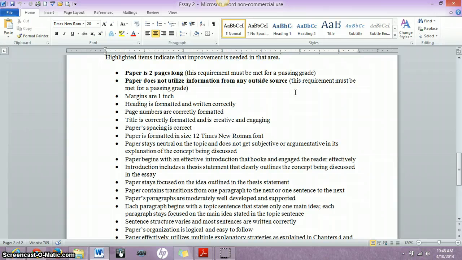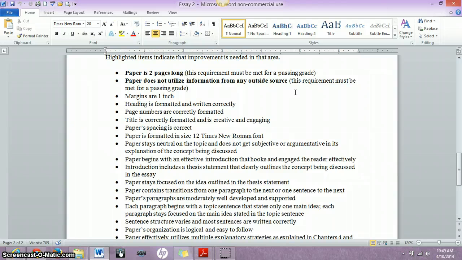If I see outside sources that you're using for very specific information, like dates and times and really specific info, that might be a problem because that's not common knowledge. Okay? If you have any questions, let me know because that can get really confusing and scary, and I don't want you to go, oh my gosh, I'm going to fail this thing. But really, go from your personal knowledge and experience.